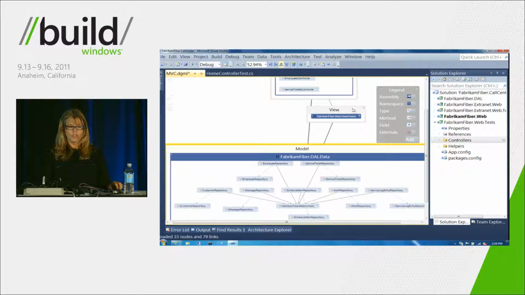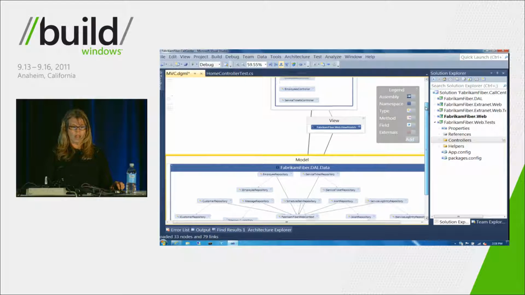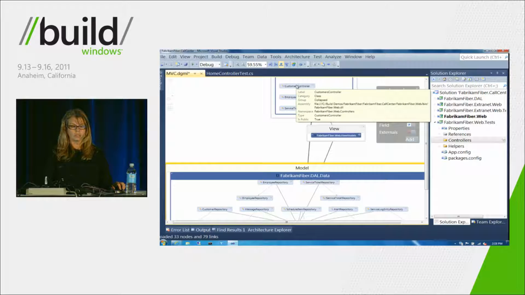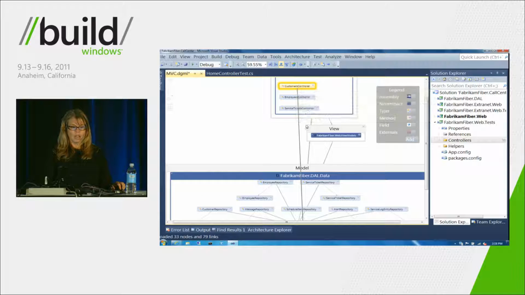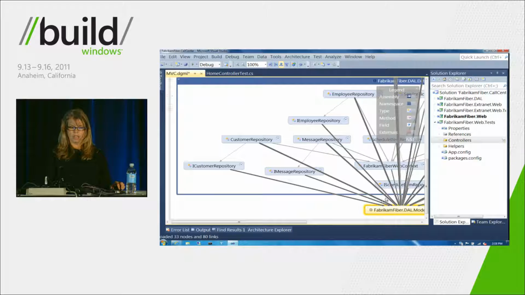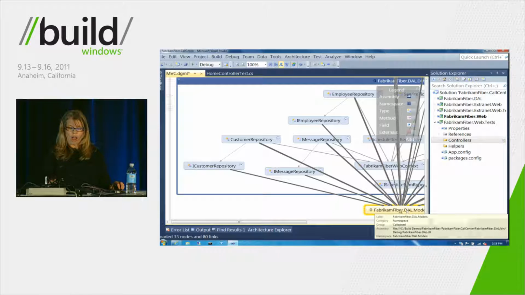Okay, so if I go up into my customer controller, I can click on that, and if I hover over my line, I can see that it has one line, and it references... I apologize, it's not behaving. I can navigate, and it takes me down to the customer repository, or sorry, the data model behind. That actually does seem a little odd,